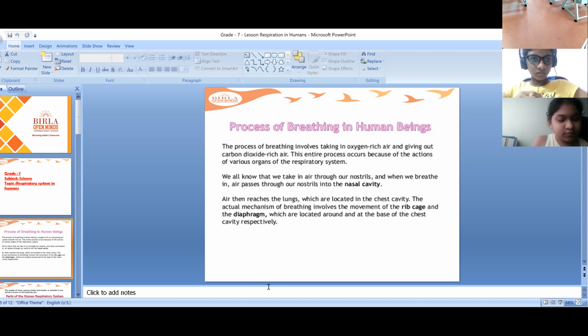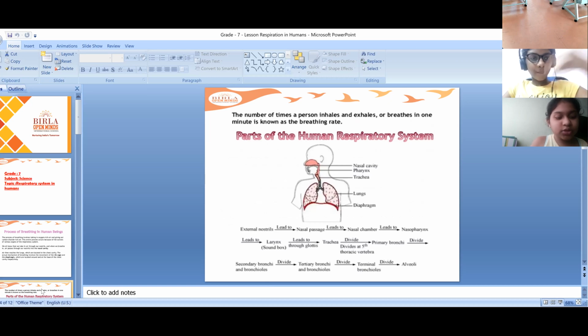What are the different organs in the respiratory system? Nostrils, nasal cavity, trachea or windpipe, lungs, bronchi, bronchioles, alveoli, oral cavity. In this picture, you can see first the air passes into the external nostrils,